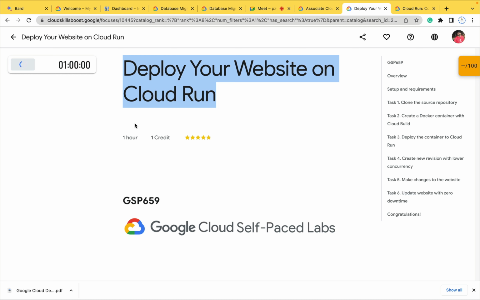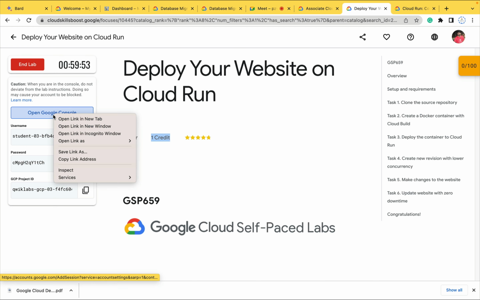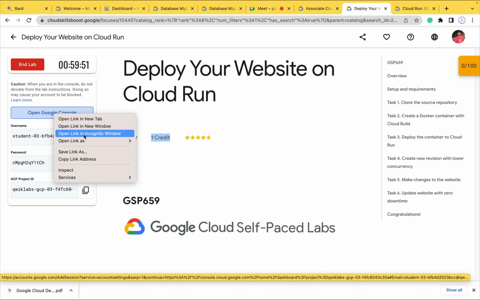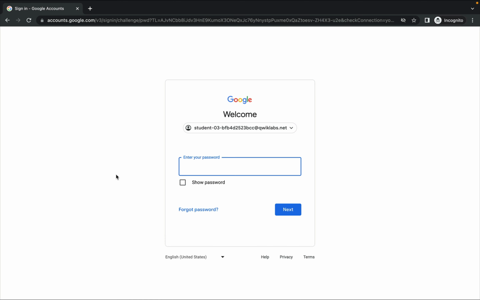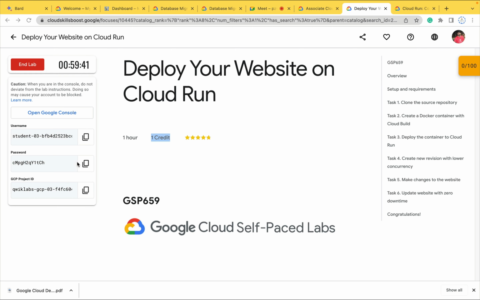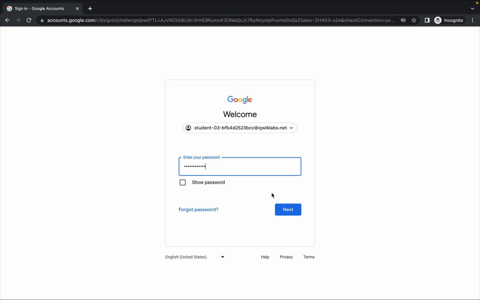This lab generally requires credit to play. I mean, 1 credit is needed to play this lab. So every time, the best practice is to open in incognito mode, right? Then I'll click on next, then copy the password, which is the virtual password generated for us to play this lab. Let me put that in,